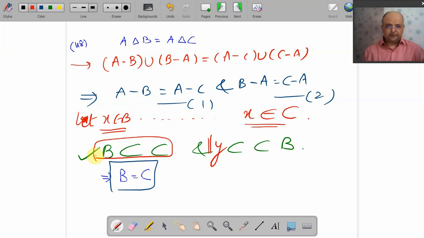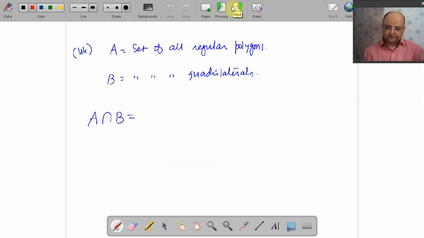Let me give you this as homework. Just one line and answer. It is actually an MCQ. You can help me. A is the collection of all regular polygons. Polygons, you know better. A quadrilateral is a polygon having 4 sides, 4 vertices. Triangles have 3 sides, 3 vertices. It's again a polygon. Pentagon, 5 sides, 5 vertices. Hexagon, 6 sides, 6 vertices. You must have heard the names of